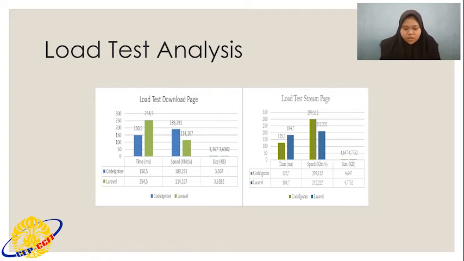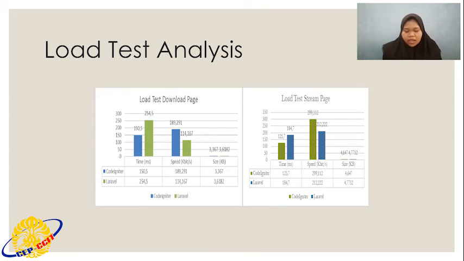Based on the graph, the average value of the test, 10 times, the value on the CodeIgniter is 150.5 milliseconds to load the page with a speed of 189,291 kilobytes per second on a file download with a file of 367 kilobytes, and the time value on Laravel is 254.5 milliseconds to load the page with a speed of 114.167 kilobytes per second on a file download. With a file of